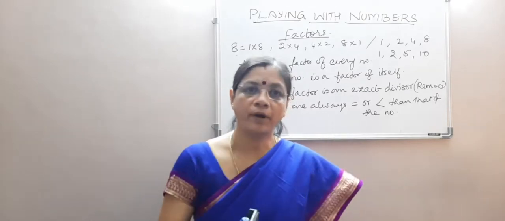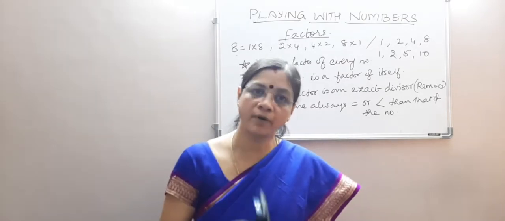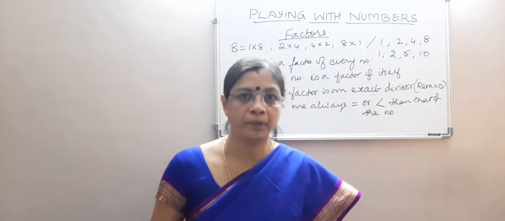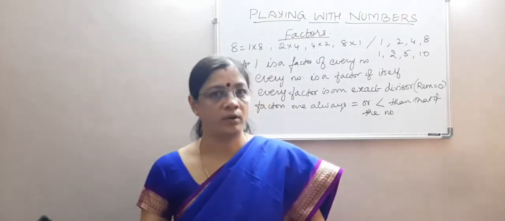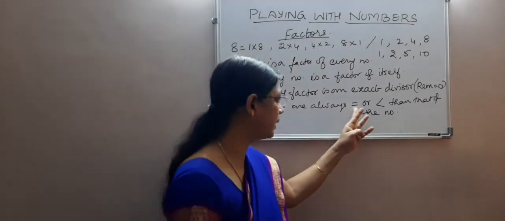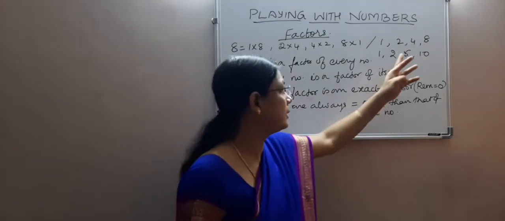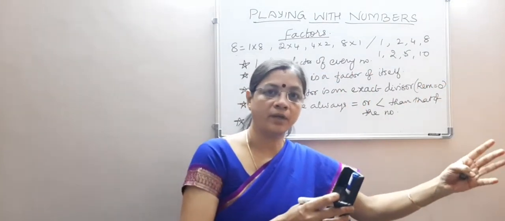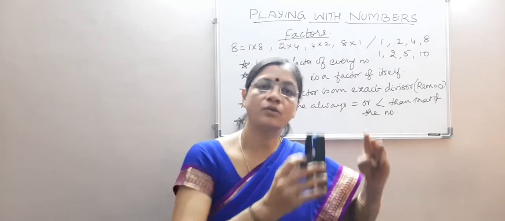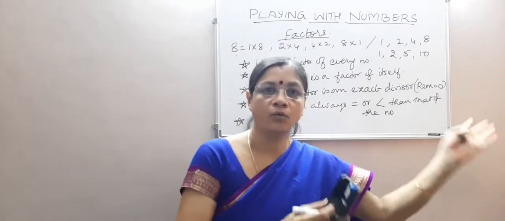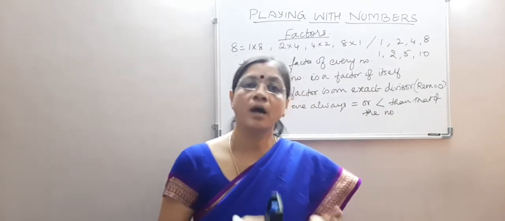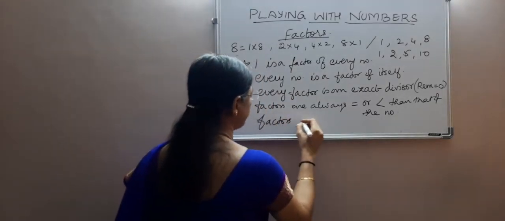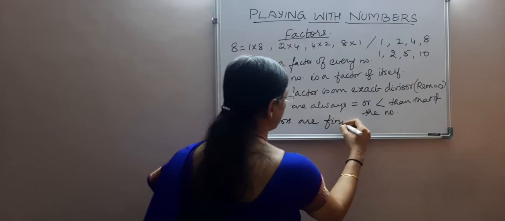So they are finite. The list is finite. These are just the factors of a number. They don't go beyond that, because I said they are equal to or less than the number. So when a number is given, even when some big number is given, the factor list stops with that number. It doesn't go beyond that. So the factors are finite. So the last one is, the factors are finite.